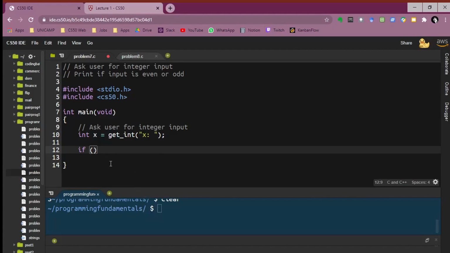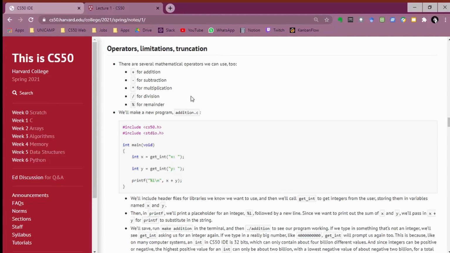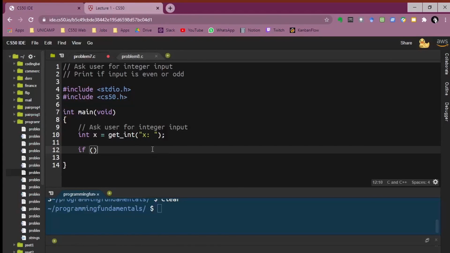And inside the if, we have to give a condition, right? So how can we check if an integer is even or odd? What we're going to do is use this % here, that is for remainder. So the remainder is what? In a division, it's the remainder of this division, okay? So if the remainder is equal to 0, so for example, if we divide